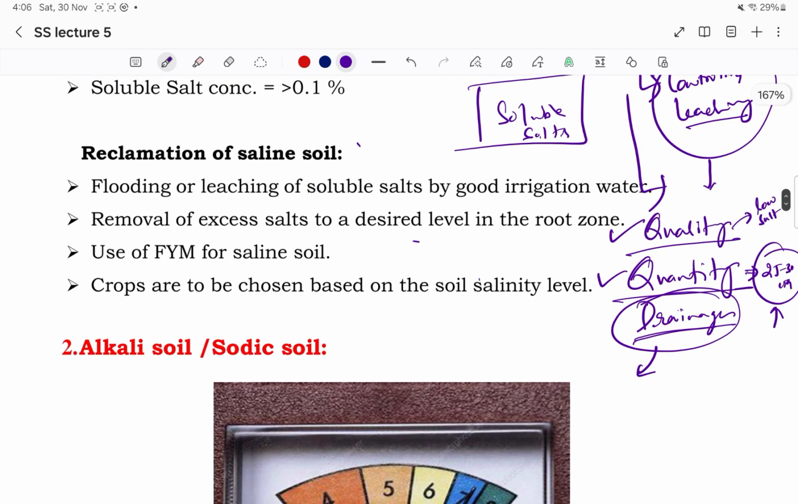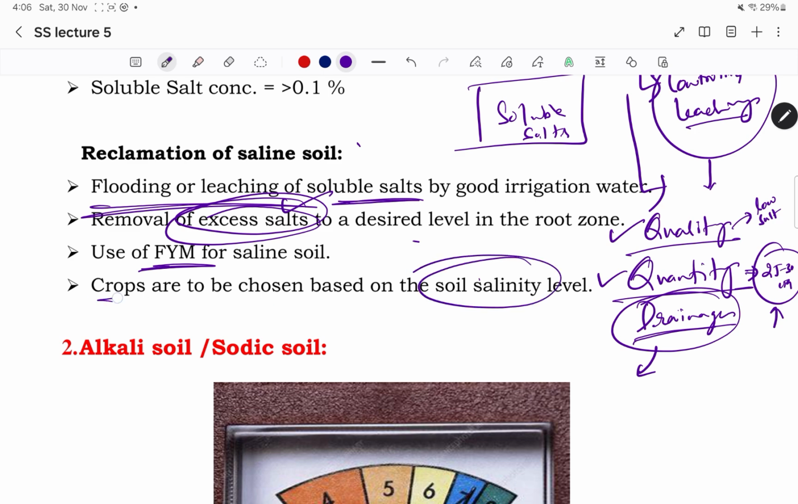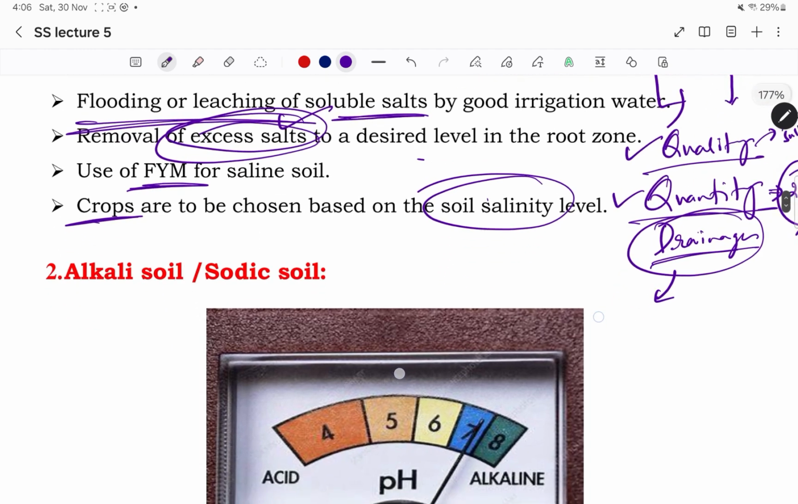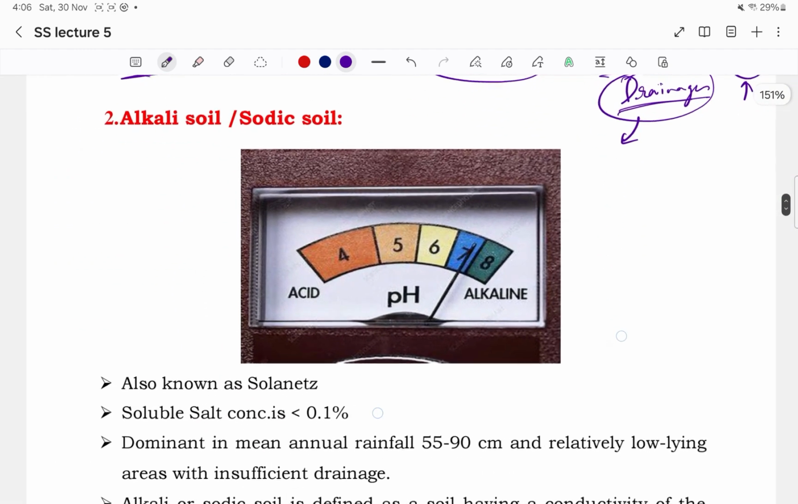Leaching is one of the easiest ways to reclaim the saline soil. So the flooding and the leaching of soluble salts, the only primary objective of flooding is to remove the excess salts. We can use farmyard manure, and based on the salinity we can choose the crops. We can grow some salt tolerant crops. The next one is